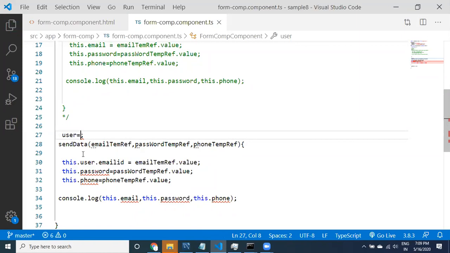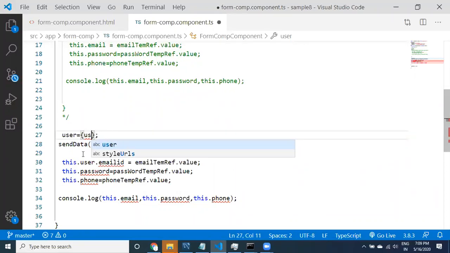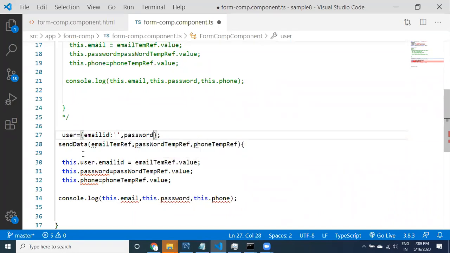Multiple approaches are possible. A structured approach is also available. You can take a Pojo kind of class here. Even in this particular TypeScript, we can take a Pojo kind of class. You can use that also. Maybe you may provide email ID. See here, guys, email ID: by default, no data available. By default, I'm going to take blank data.